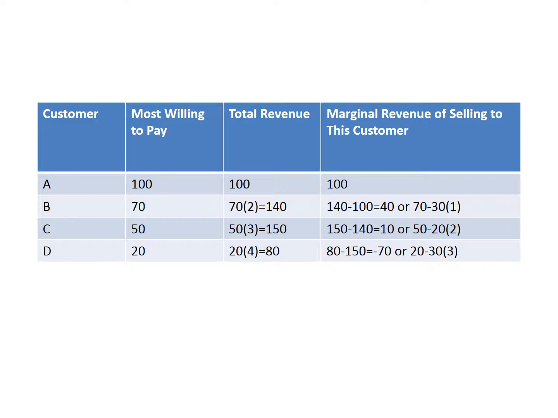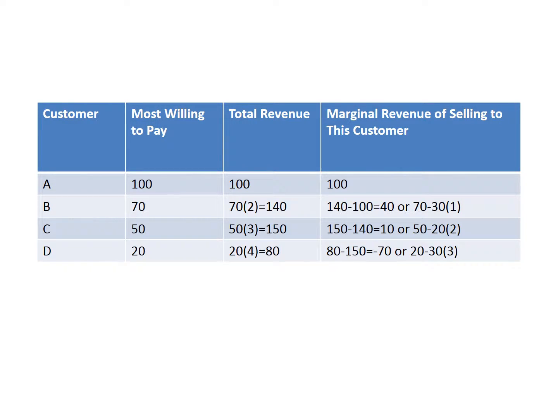The other way to calculate that is go back to the good and the bad. So you sell to person C. The good thing is person C is going to give you $50. That's yours. You got $50 from person C. The bad thing is customers A and B are going to say, hey, remember the rule? You got to charge everyone the same price? Well, when you were just selling to the 2 of us, you were charging us each $70. Now when you're selling to C, you're charging each of us $50. So you got to cut back by $20 to each of us.